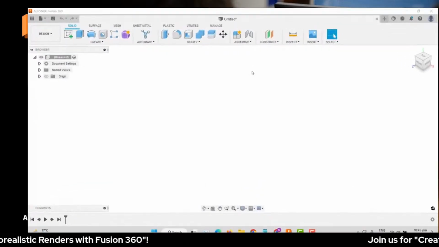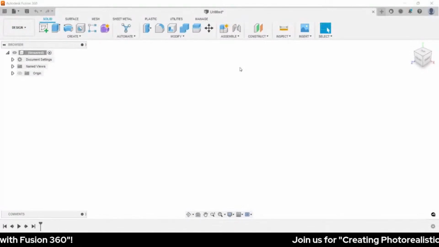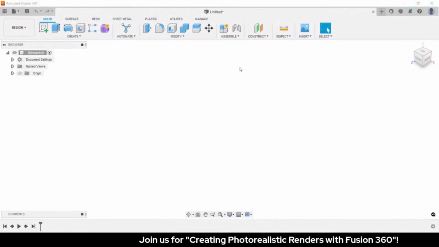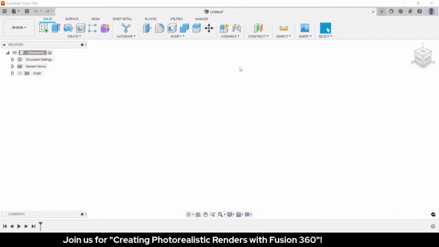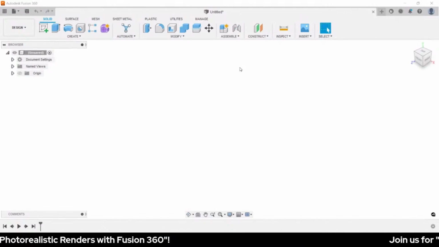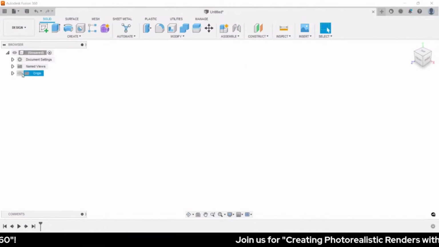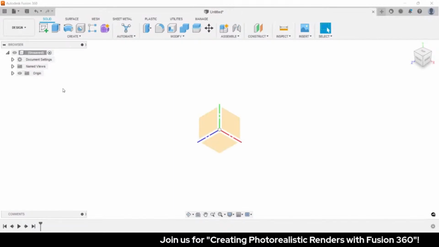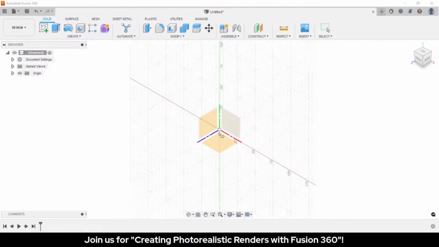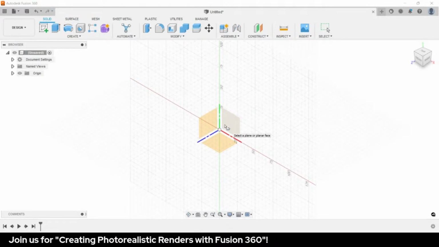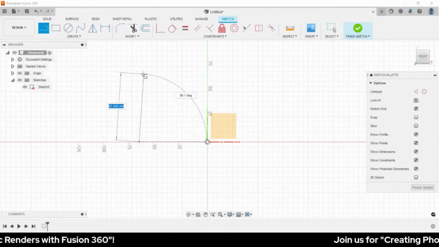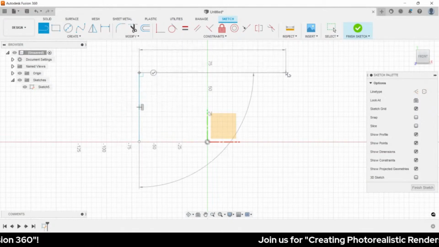Welcome to creating photorealistic renders with Fusion 360. The first step in creating a photorealistic render is creating the scene. Let's begin by creating a table, enabling our origin, selecting L for line. Let's select this plane, creating a vertical line here, a horizontal line,